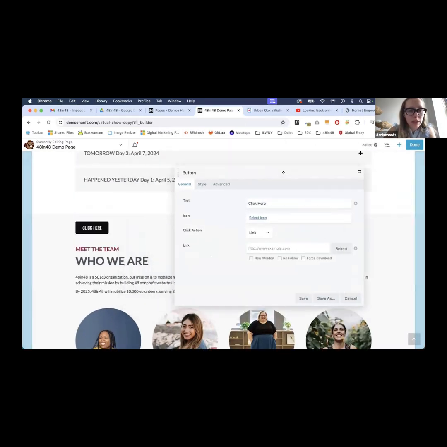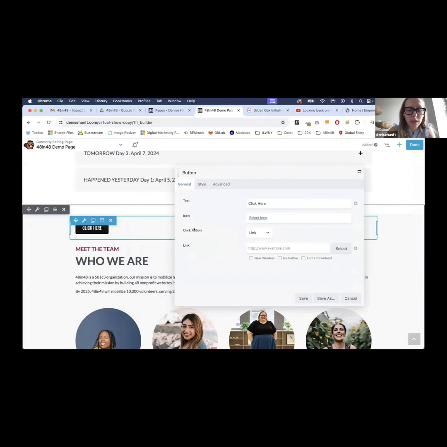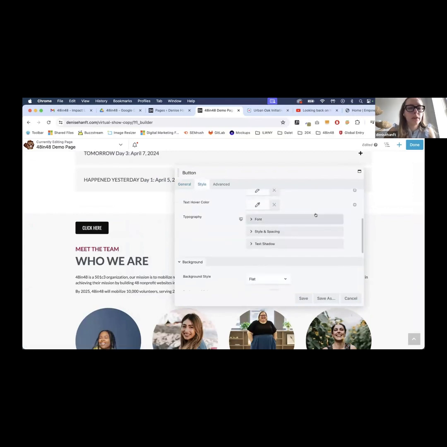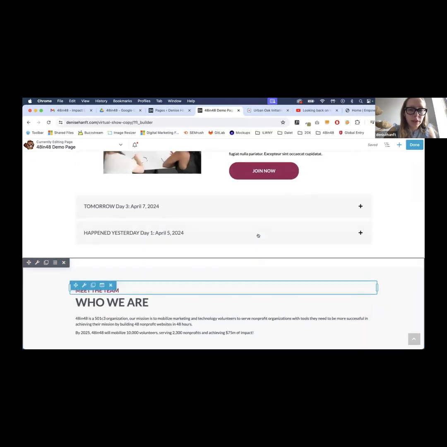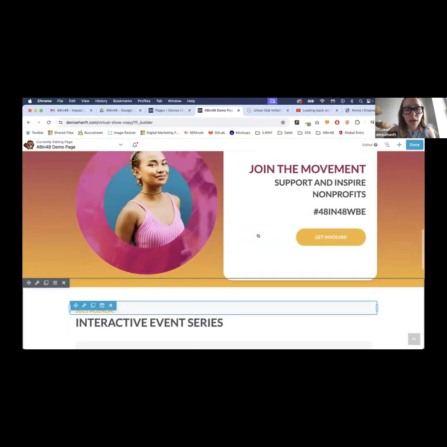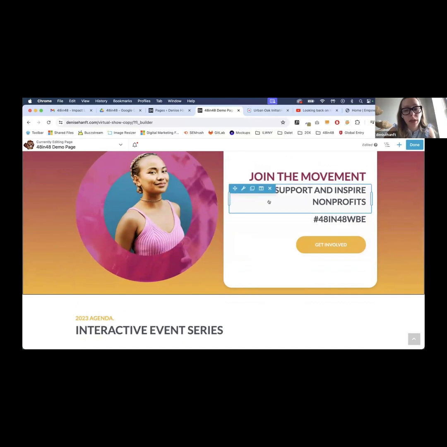But what you notice here is that the button looks very different, right? So in order to adjust it and apply the design that the 48 and 48 team created for you, you would have to go into style and work on all of these colors, etc. And that would take quite a while, right? So I would say, in order to save you some time and to keep the design that the 48 and 48 team provided to you, whatever you want to duplicate on your page,